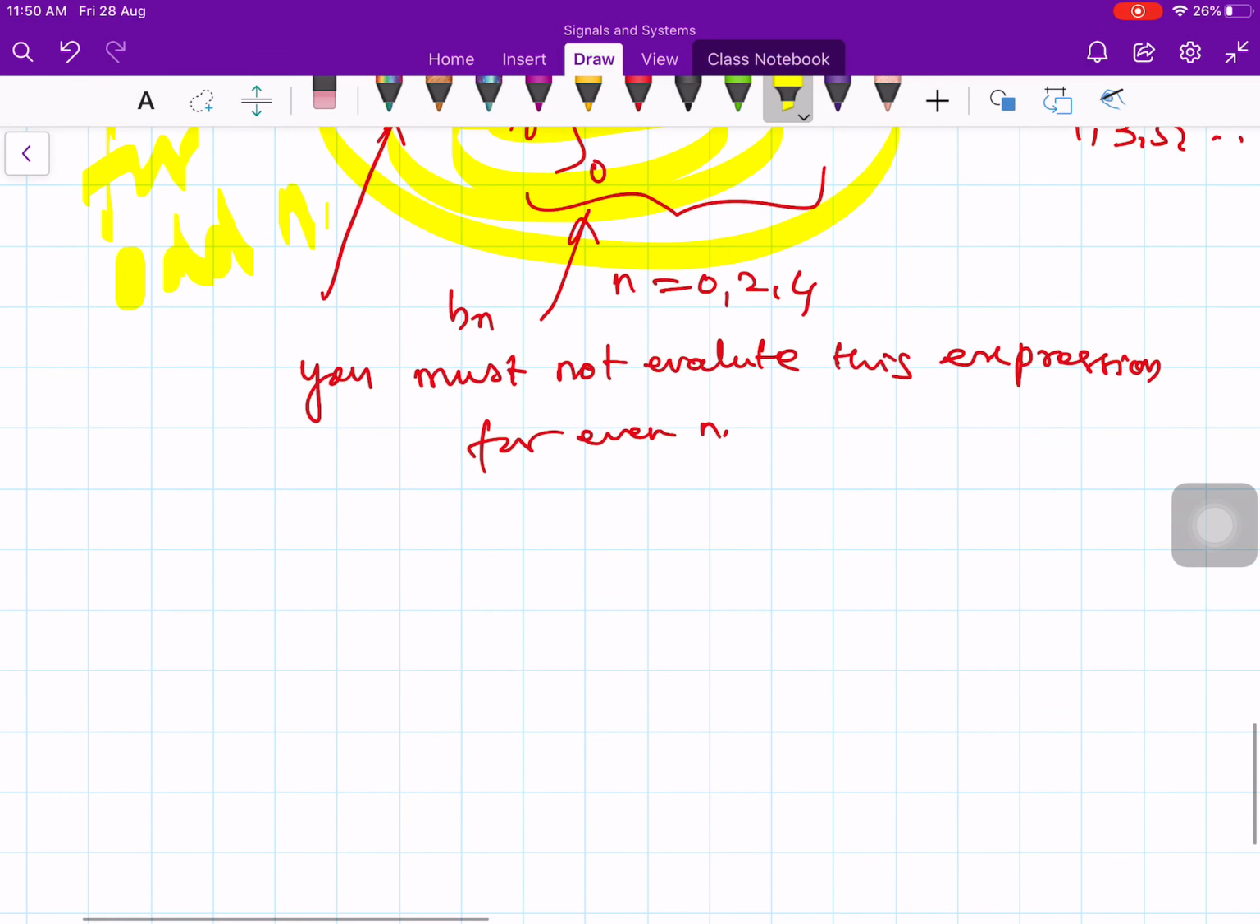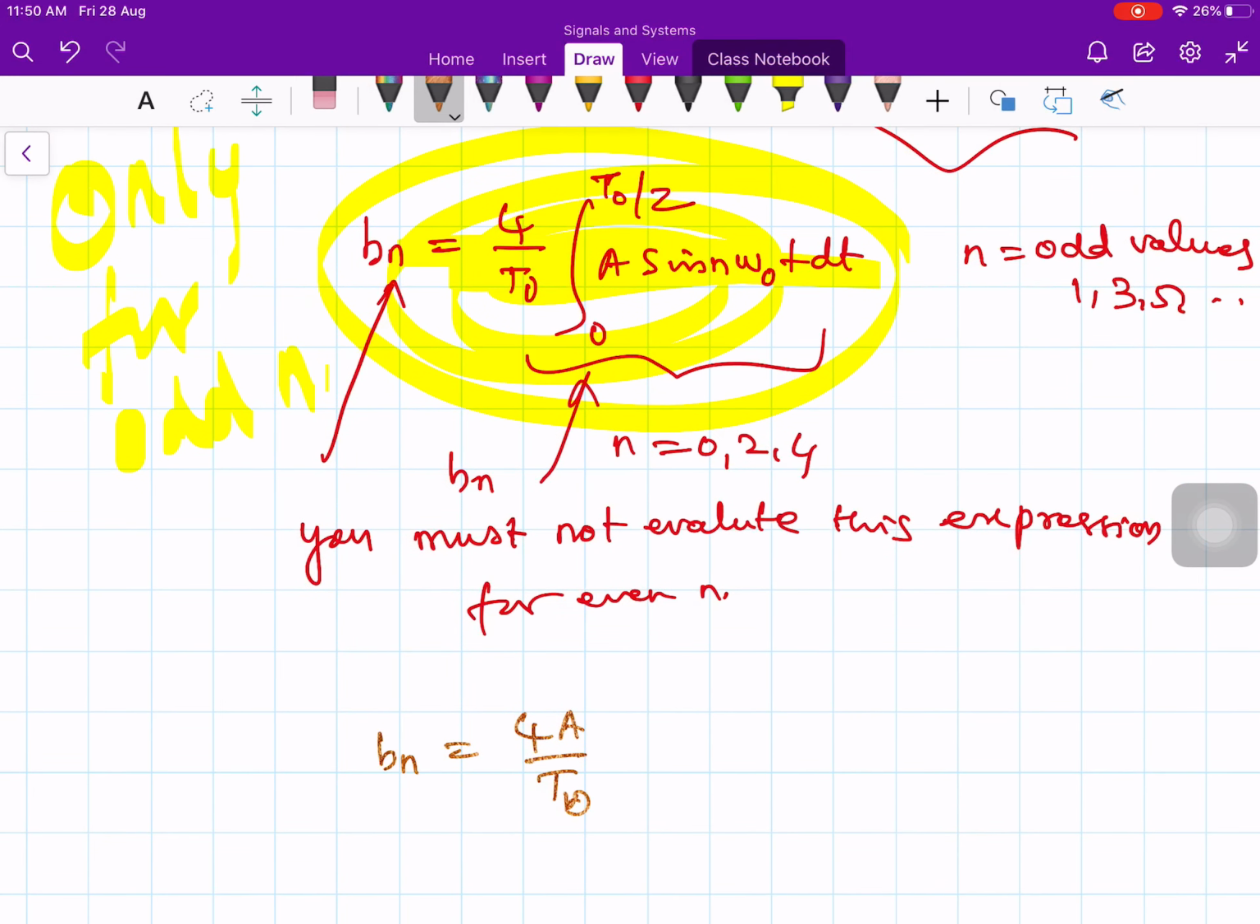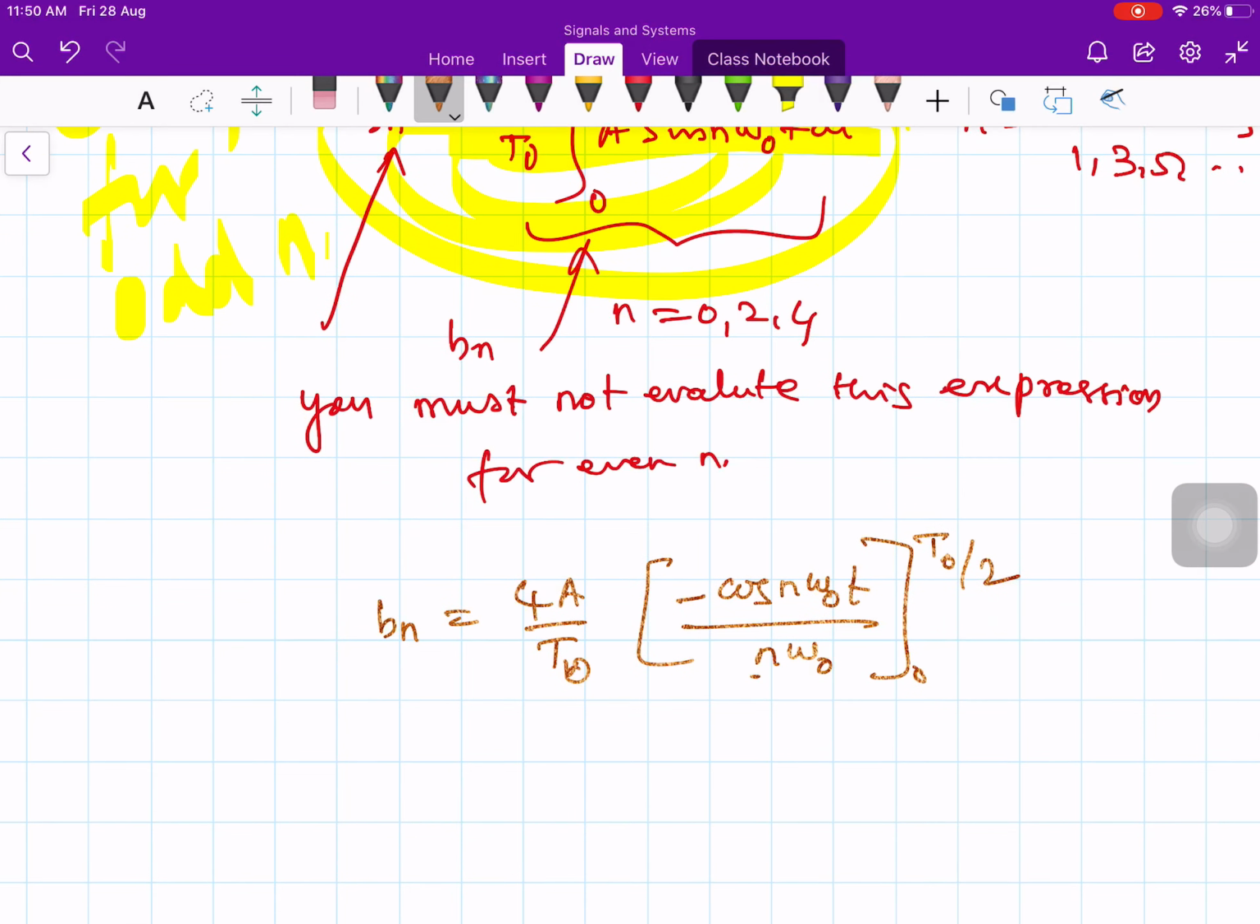Okay, then you work out this, then let me give the final result. Okay, so maybe I'll write down a few steps. Bn is equal to 4a by T naught, from this one, sin n omega naught t becomes minus cos n omega naught t divided by n omega naught, and the limit is 0 to T naught by 2. Then n is constant, omega naught is constant, and this T naught is there, like 4a divided